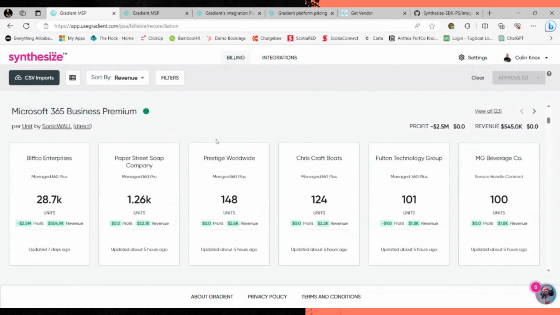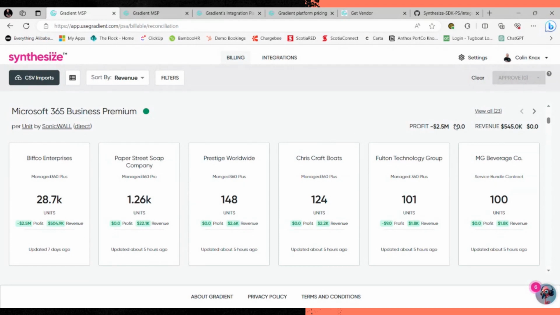So on the outset, you can see every client that is being charged for each service and what your profit or revenue is. Now this is a test database and stuff, so this stuff's all wonky all over the place. But then we also tell you for that entire service what your profit is, what your revenue is.